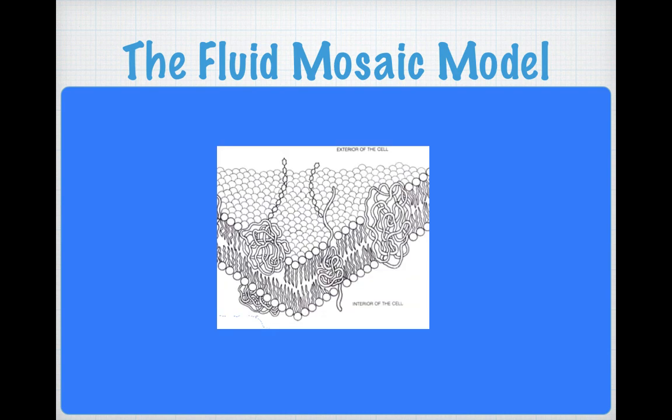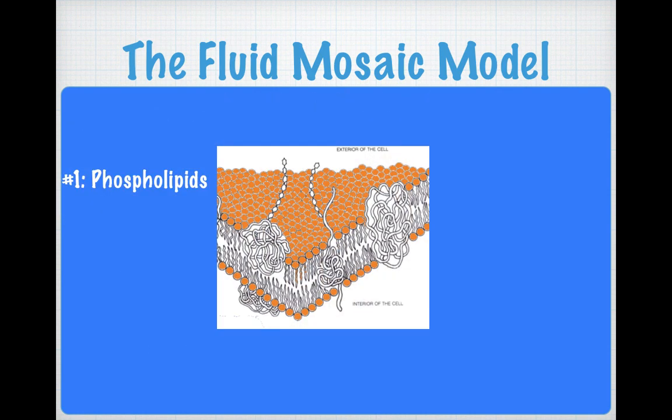Here's an artist's drawing of the fluid mosaic model. We have the outside of the cell, the inside of the cell. This would be cytoplasm. And the bulk of this membrane is made up of phospholipids, the phospholipids in orange, the phosphate heads on the top and the bottom, and the lipid tails together in the middle, providing a bulk water barrier. There are transport proteins shown here as globular proteins that allow for pathways through the membrane for specific materials,